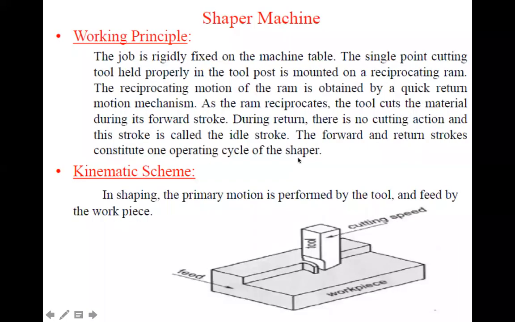The shaper machine, working principle. Here you can see the same kind of thing you saw in your first slide. This is a flat workpiece and this is the cutting tool. This is a typical tool. The tool is held in a tool post, and the tool post is mounted on a clapper box and on the tool head. If you see only the workpiece and the cutting tool, this is what typically happens. The workpiece is rigidly fixed on the machine table.